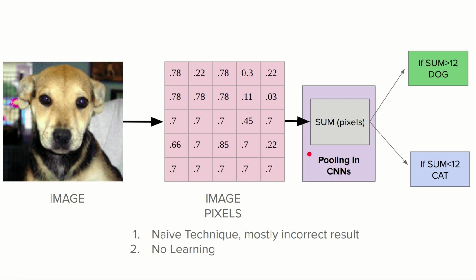This operation that we are doing, that is taking the sum of the pixels, we call a pooling operation in a convolutional neural network. I'll not be going into the detail of the pooling operation right now because we'll be covering it in detail in the upcoming videos. So for now, just keep in mind that this operation, taking the sum of pixels, is similar to the pooling operations in CNN. There are different kinds of pooling operations like max pooling, mean pooling and global pooling. We'll be covering all of them in detail in the upcoming videos.